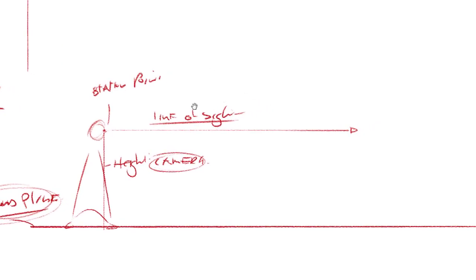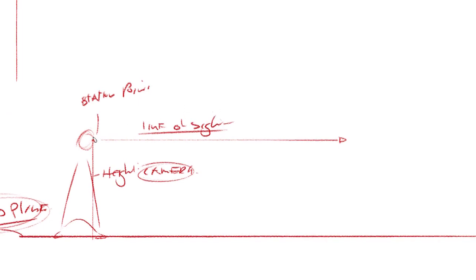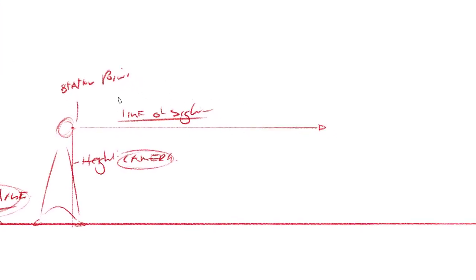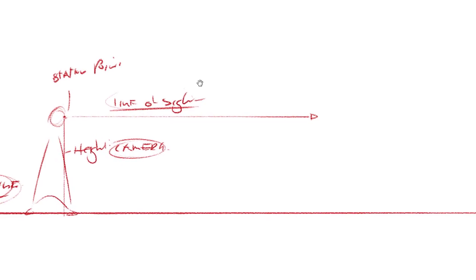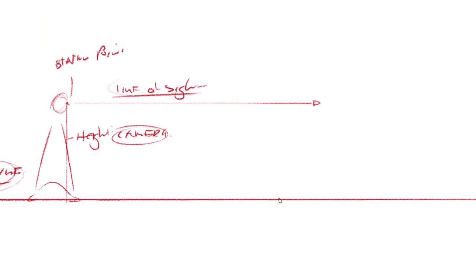Alright, so the line of sight. And this is connected to the station point. The station point is connected to the ground plane, and so on and so forth. And I'll show you things with the line of sight now. So let's say this guy, he's looking at this